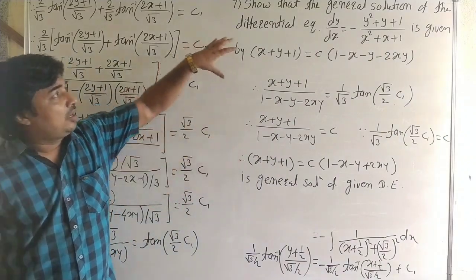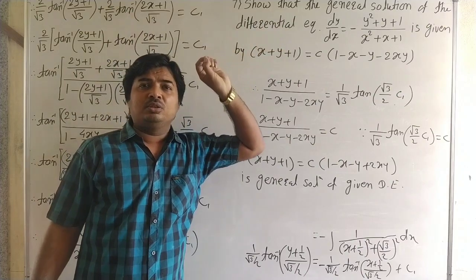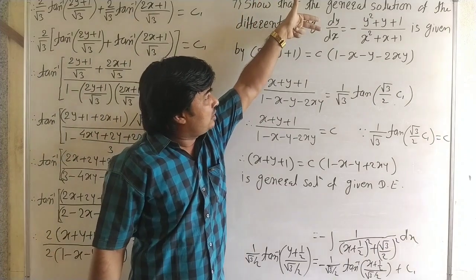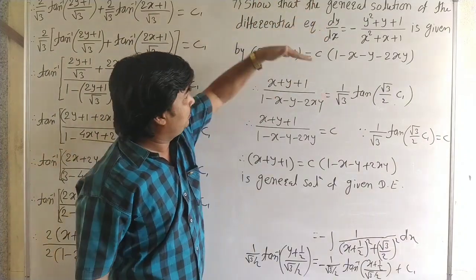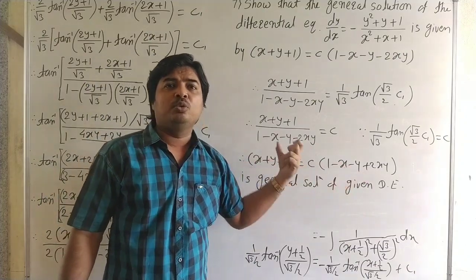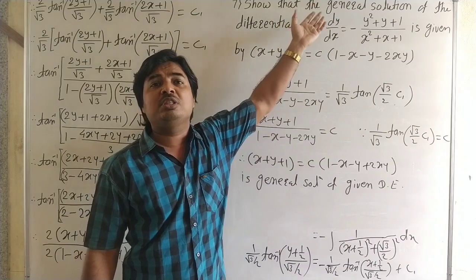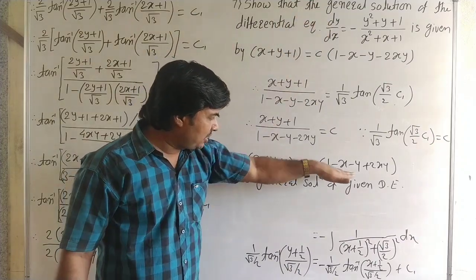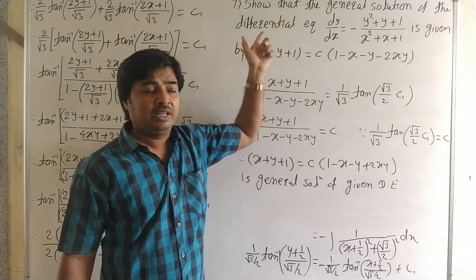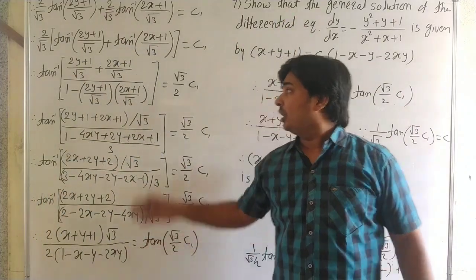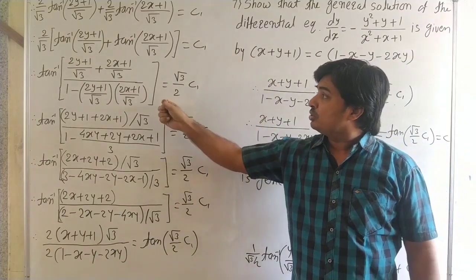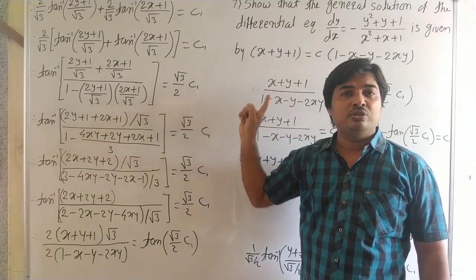Here, out of these two methods you can use any one method for the board exam. Okay, here first take the given differential equation, and then we find the solution of this differential equation, or first we take the expression and we prove this expression is a solution of this differential equation. That means we differentiate this expression and we get this differential equation. That is the first method, and it is the second method. See carefully. Okay, in both methods check all calculations carefully. Here we use the property of the inverse trigonometric function.